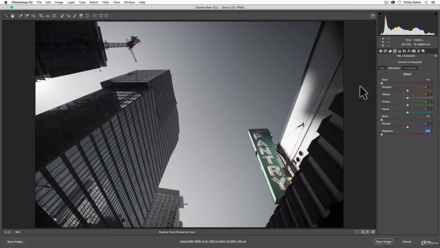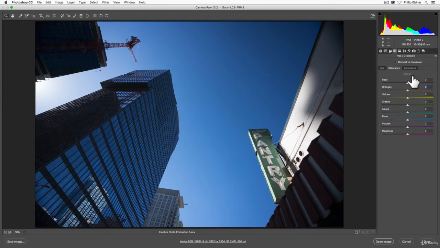If we decrease it, let's decrease the purples as well, everything becomes black and white except for the oranges, yellows, greens, and aquas. So let's actually make the aquas more. Greens are good. Yellows, let's take out. Oranges, let's take out. So now we have a photo with just greens and aquas. So you can get some pretty cool photos this way. Reset to default.